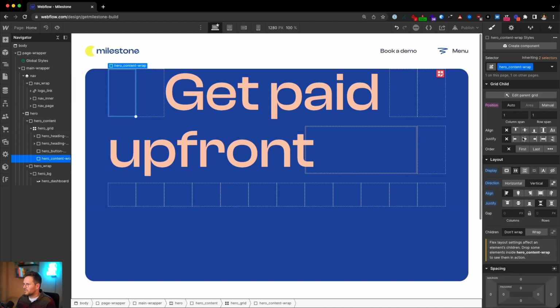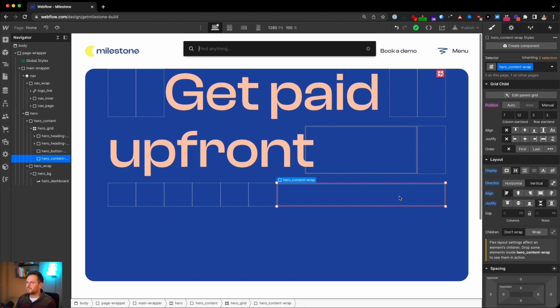And this should start in row 3 and probably in column 7, and end in column 12. Okay, fine. Yeah, this is already set to display flex, direction vertical, align start, and justify, what's that called actually? Space between.